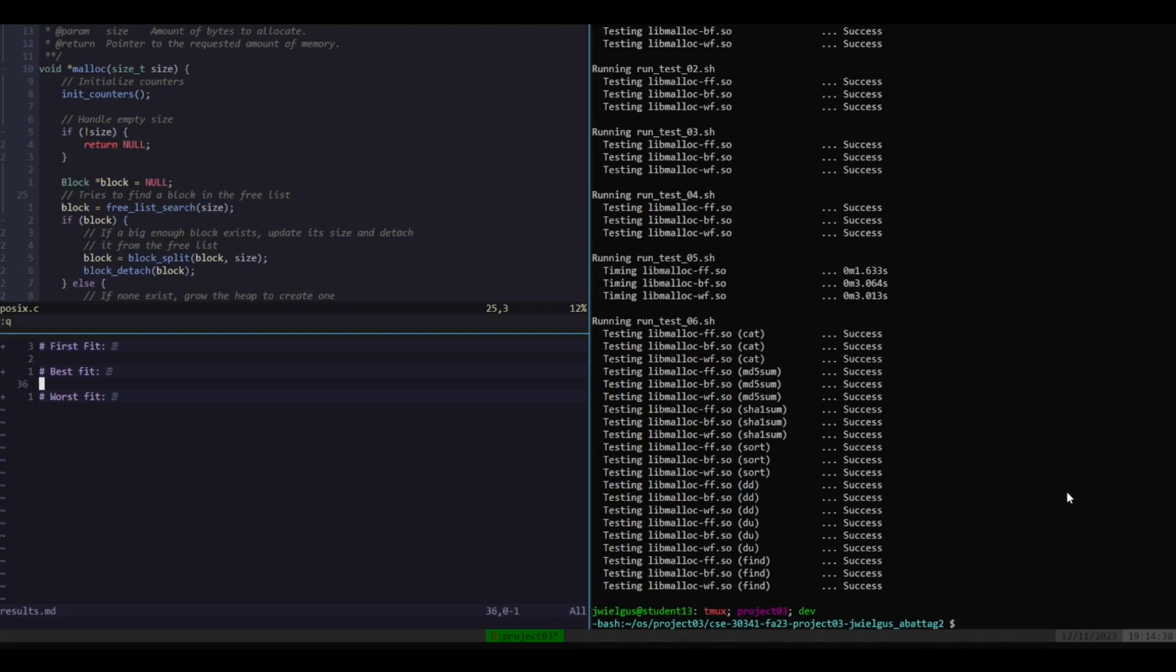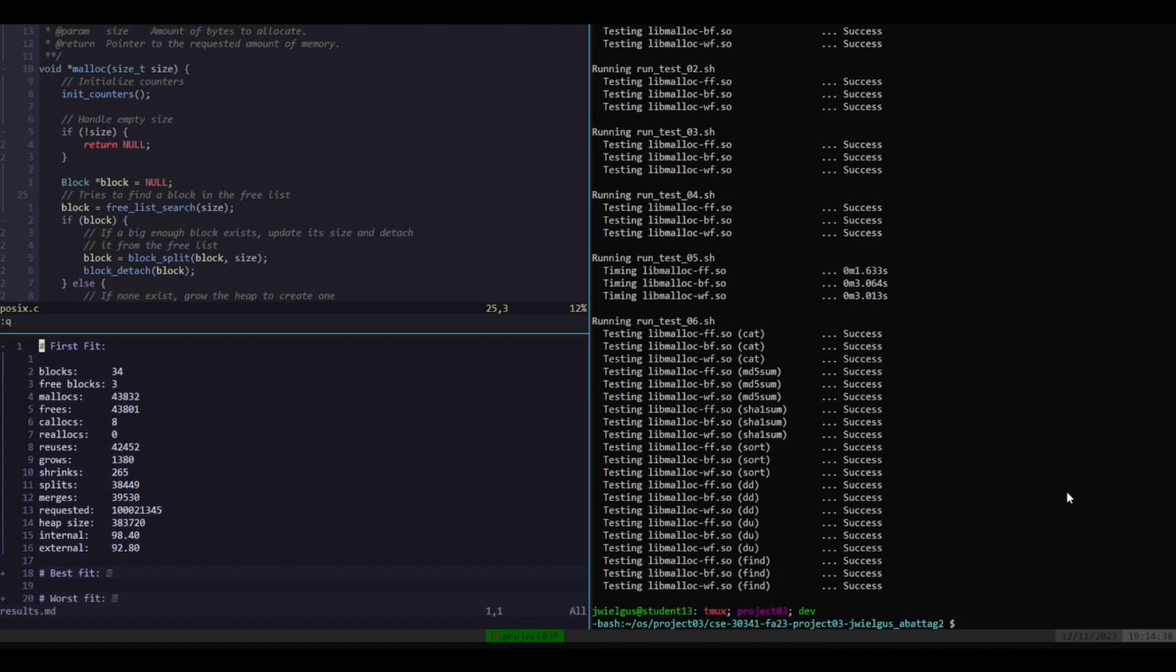But yeah, during our analysis of the three different algorithms, we also noted that first fit tends to be pretty similar to best fit in terms of the amount of fragmentation. This isn't the most clear here, which is testing